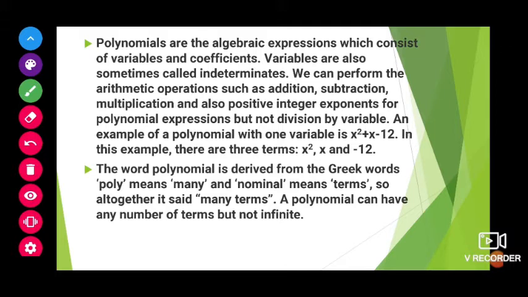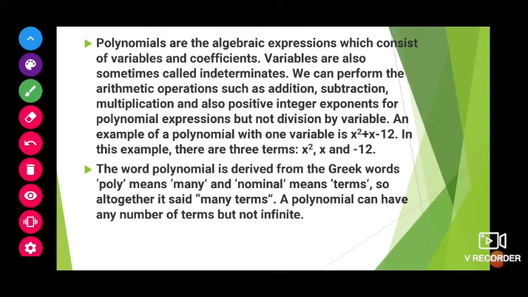Next one is variable. A variable is where the value will be changing, like the x value will change from sum to sum. It is the same variable x only, but the value will change from one sum to another sum. Those are called variables. A combination of either constant or a variable, or a combination of both, is called a term. A single term or a combination of one or more terms is called an algebraic expression.